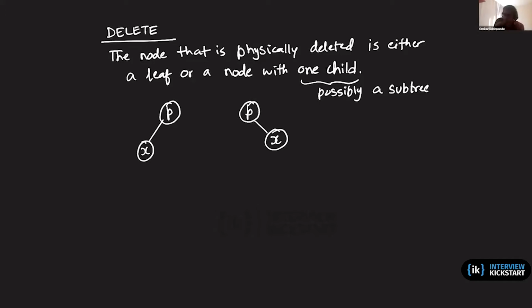So it doesn't matter how we pluck out x, it will have some child. I'm just showing it vertically because it doesn't matter whether it's a left child or a right child. What we do is we are bypassing x, the node that we are physically plucking out, and making the parent pointer to x point directly to its child. By doing so, what happens to the height of the parent? Or I should say height of the subtree